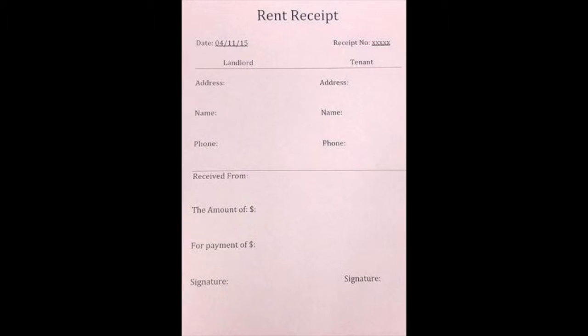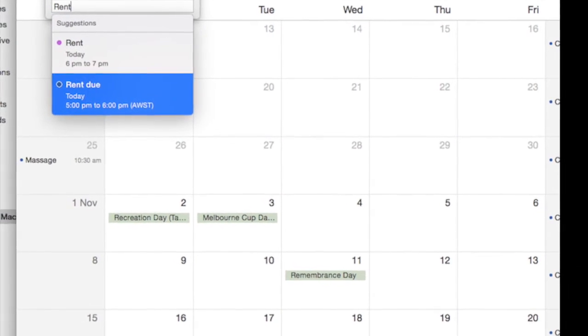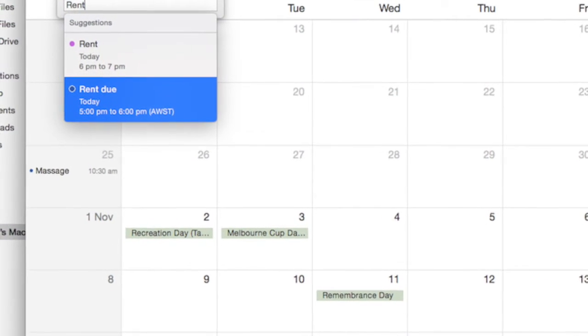If rent is required to be paid in cash, a tenant should ensure a receipt signed by the landlord is collected for each payment. If the landlord does not provide a receipt, the tenant should not part with the cash. A journal could also be made by a tenant in which the landlord is required to sign each time rent is paid. A tenant can also set rent payment reminders on their phone or computer to ensure payment is made in time. A tenant is able to gain free legal advice from the Darwin Community Legal Services Tenants Advice Service.